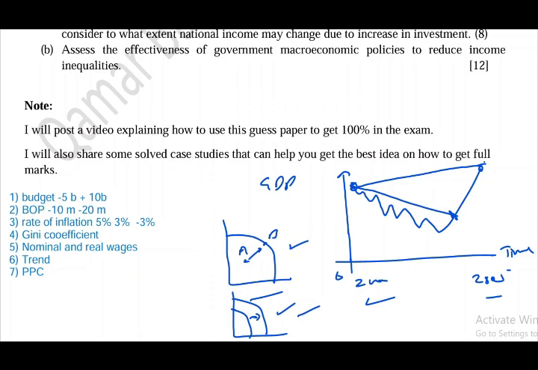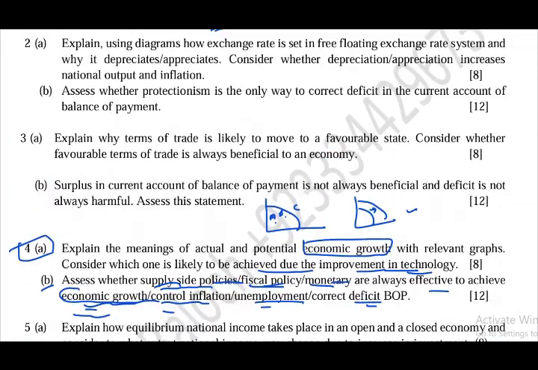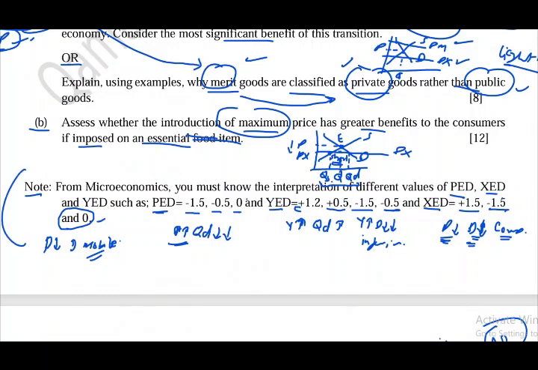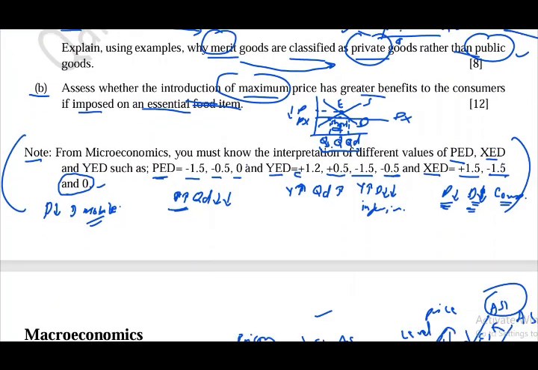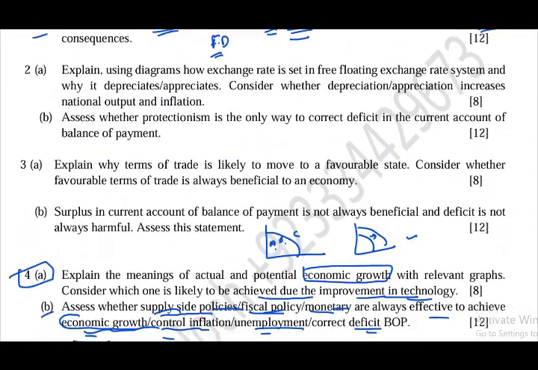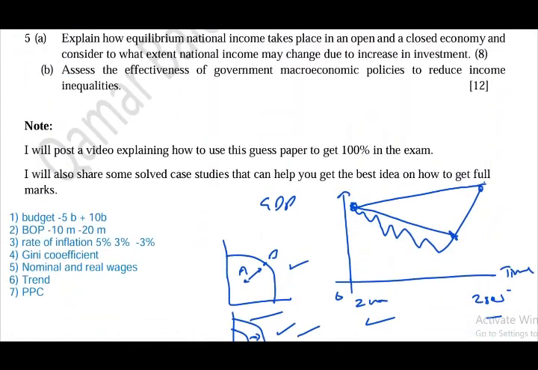Then we have another thing from unit number 2: price elasticity values may be given and you have to interpret those values. There may be cross elasticity, income elasticity of demand values, or price elasticity of supply values, and you may have to interpret those values. I have explained those values in detail in the previous slide. These were the values given here, and you can move back in this video and watch the interpretation of these values, and these may be tested in case studies as well.